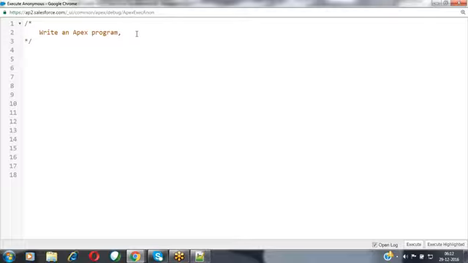Now let's write a small program here. Write an Apex program to calculate the simple interest. Everybody is aware of this formula from our childhood itself.